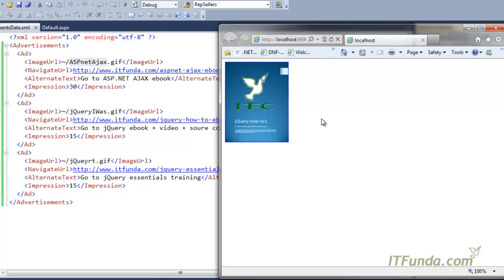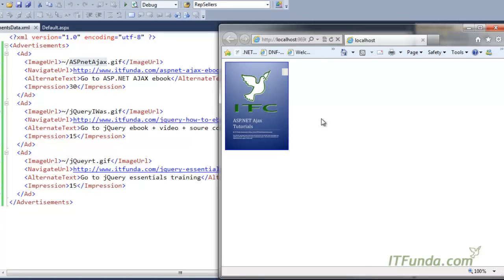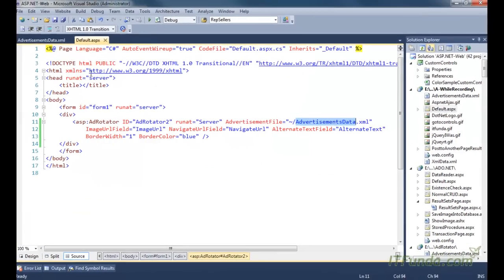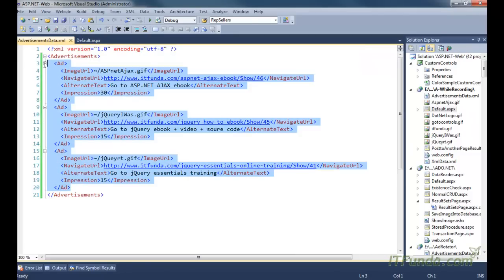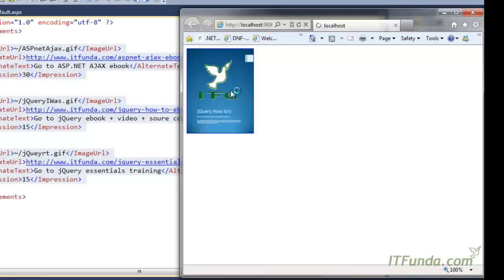So you can see that all the ads are rotating. I have not changed anything in this code, but everything is taken care of by the AdRotator control, and based on the number of ads and the impression weightage, the advertisement will change and display on the page.